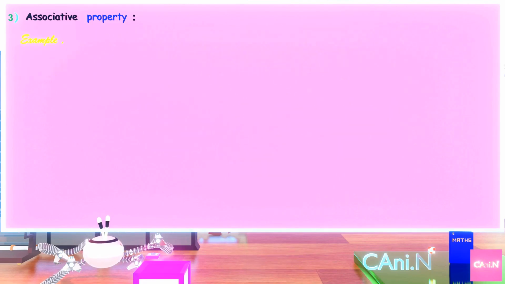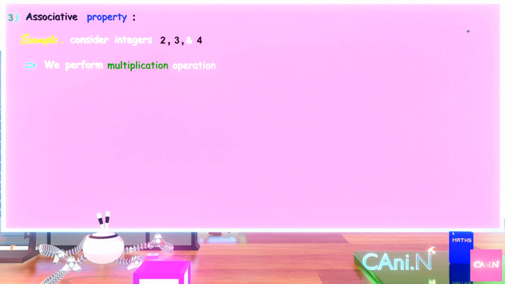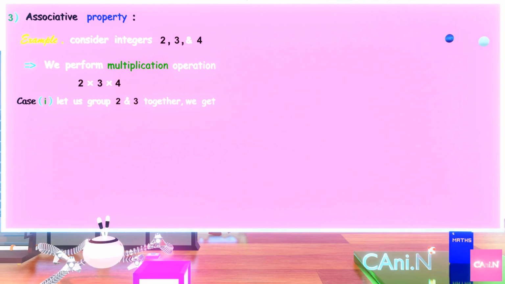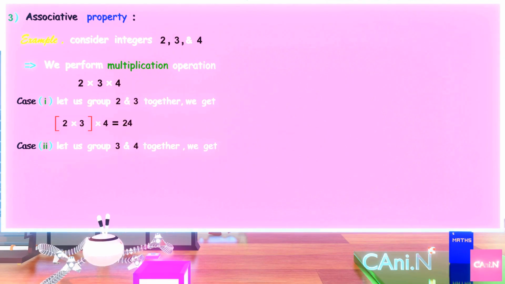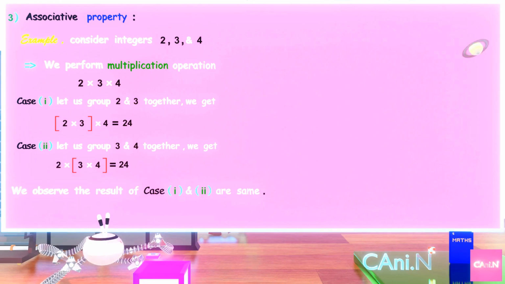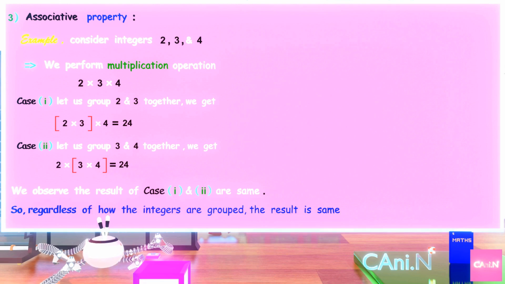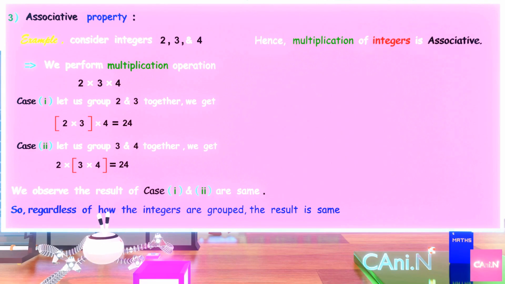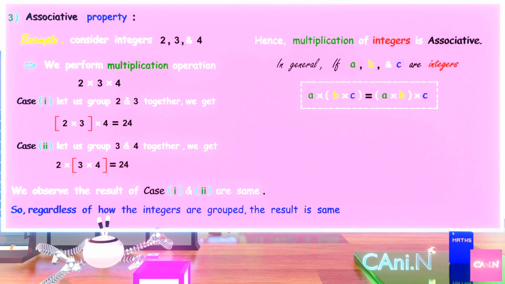Associative property. Example. Consider integers 2, 3 and 4. We perform the multiplication operation, 2 into 3 into 4. Case 1, let us group 2 and 3 together, we get. Case 2, let us group 3 and 4 together, we get. We observe the results of case 1 and 2 are the same. So, regardless of how the integers are grouped, the result is the same. Hence, multiplication of integers is associative. In general, if a, b, and c are integers, then